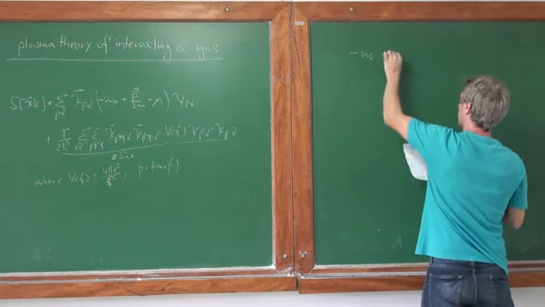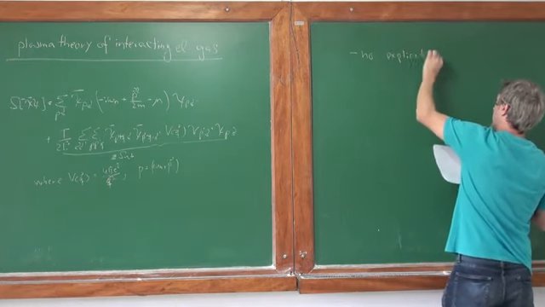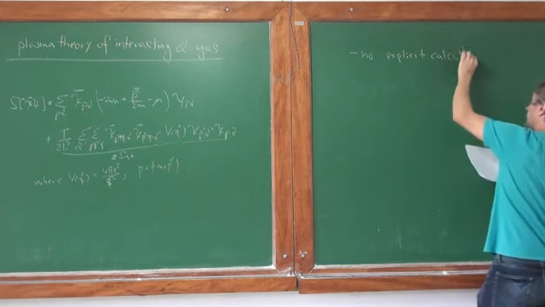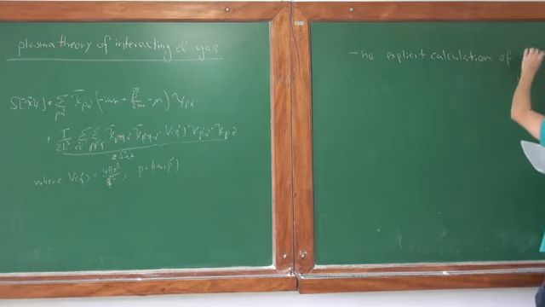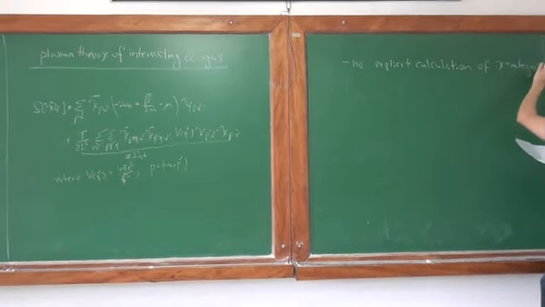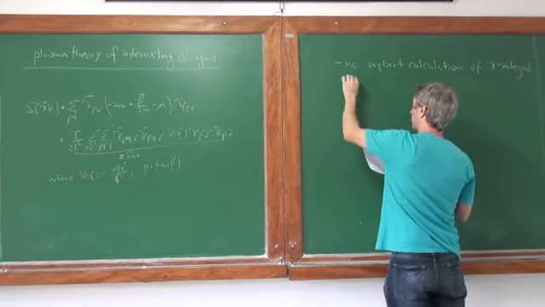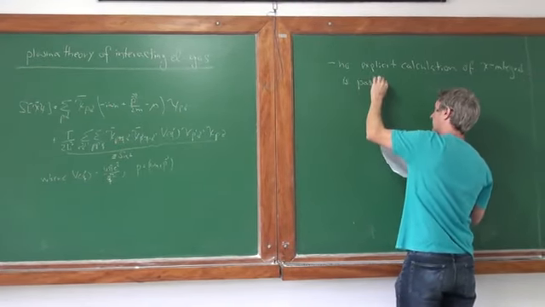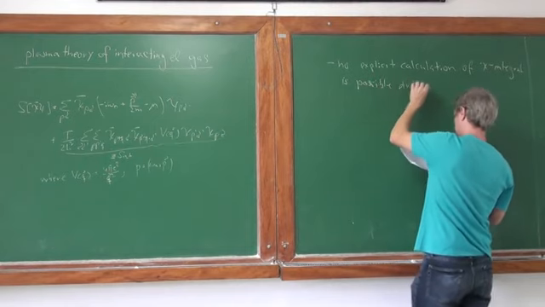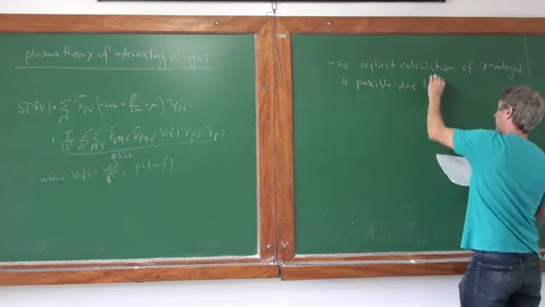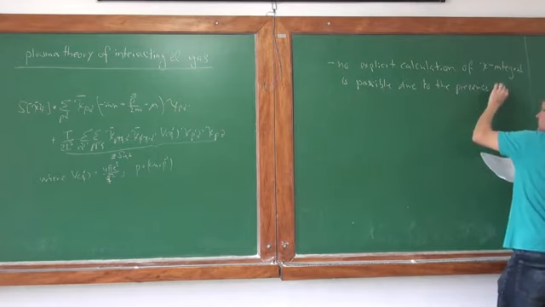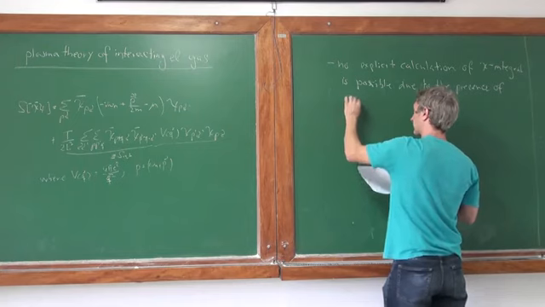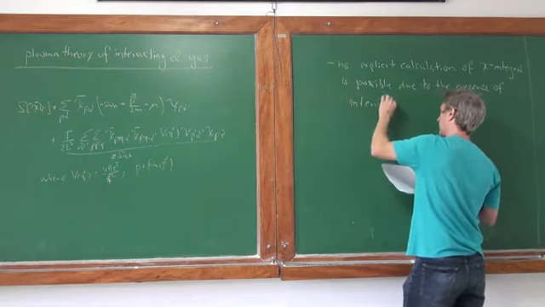So no explicit calculation of the electron integral, so psi integral, is possible due to the presence of interactions. So the interaction term is a quadratic term